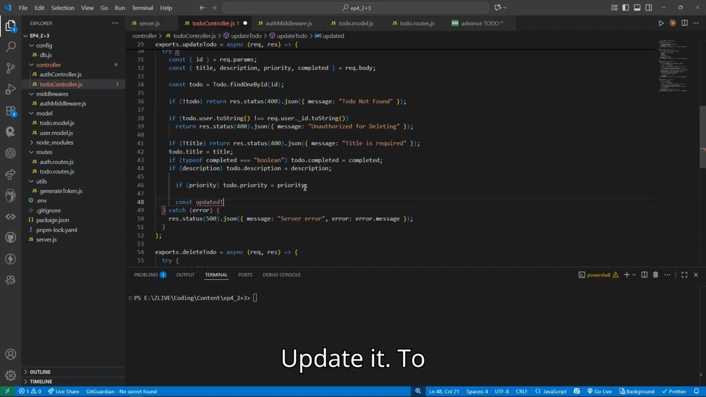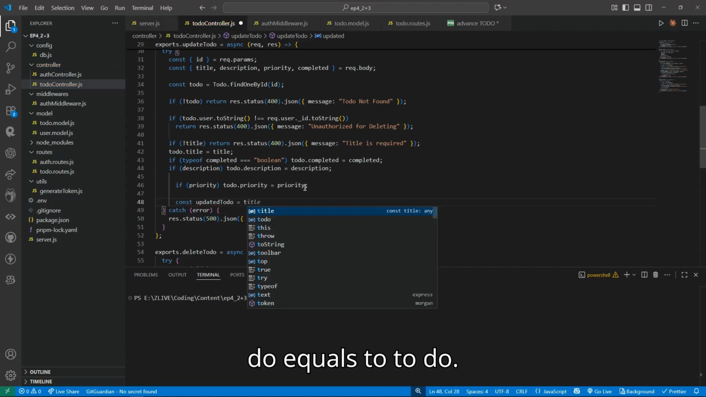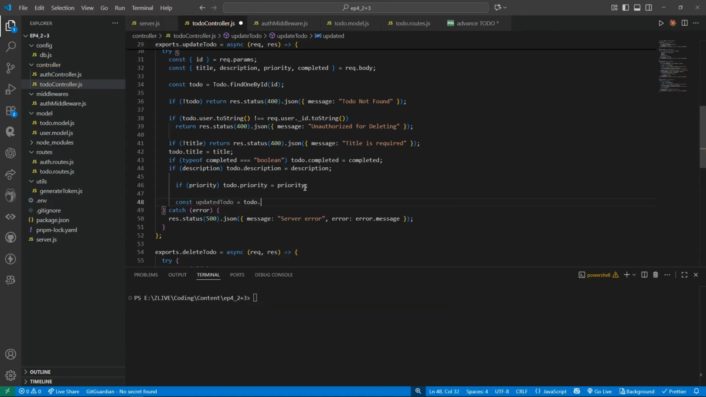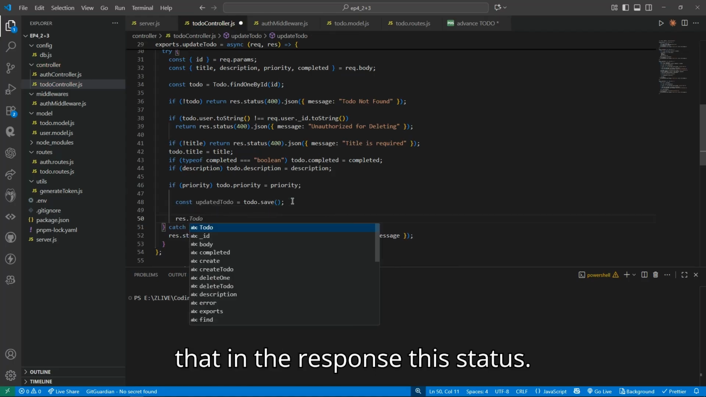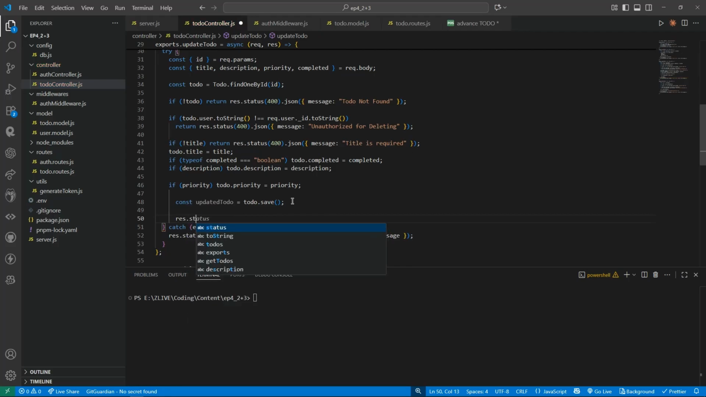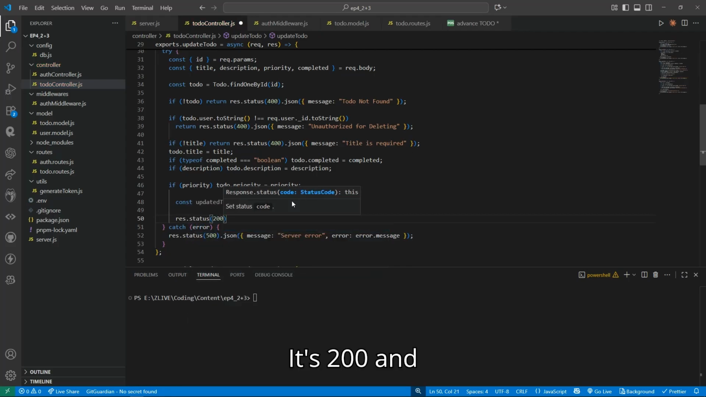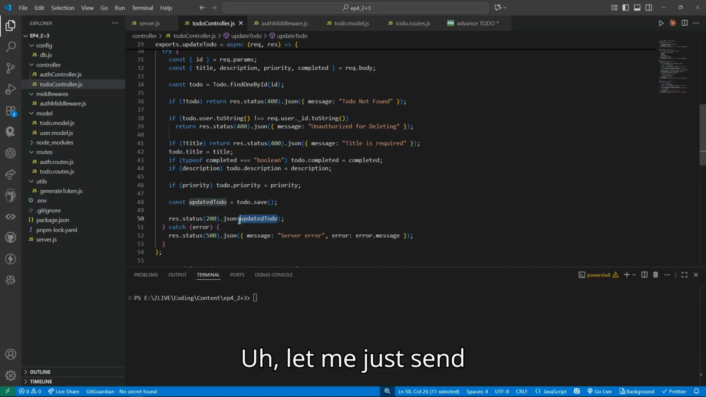Update it to do equals to do dot save, and we have to simply send that in the response. res.status is 200, and JSON should be updated todo. Let me just send like this: